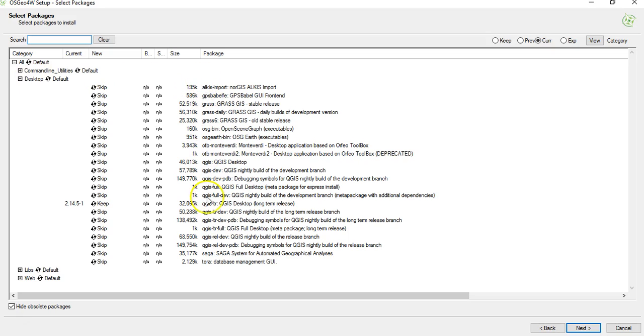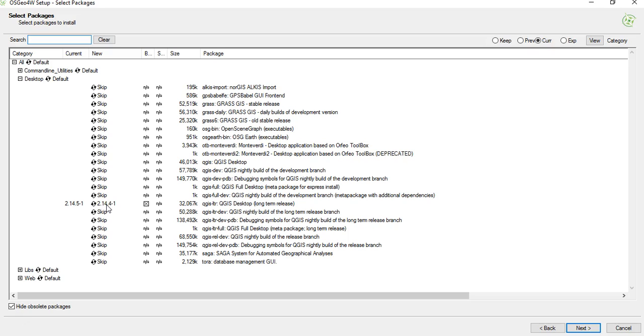And you see, again, a sort of bewildering array of things that you want to either install or not install. The main thing we want to make sure we do is, down here on this line, you're going to be looking for QGIS-LTR, which stands for long-term release, QGIS desktop long-term release. That's the one we want because that's going to be the most stable. There are not going to be updates to it while we're going through the course or anything that could possibly introduce a bug in a new version of the software, as often happens. So this is the stable version, and all you have to do is just click that